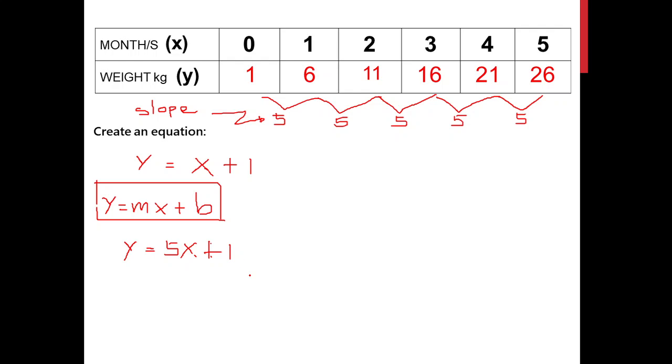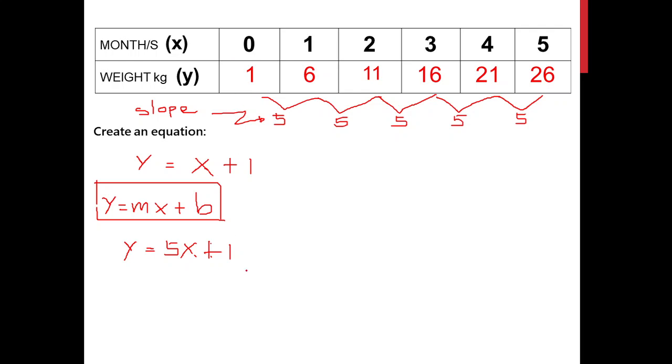There. So we have now y is equal to 5x plus 1. We all know that 1 here is the y-intercept, and y-intercept, that's the time when the value of x equals to 0, right? So this one here will be our y-intercept. The time when x is equal to 0, this is the time when the graph passes through our y-axis.